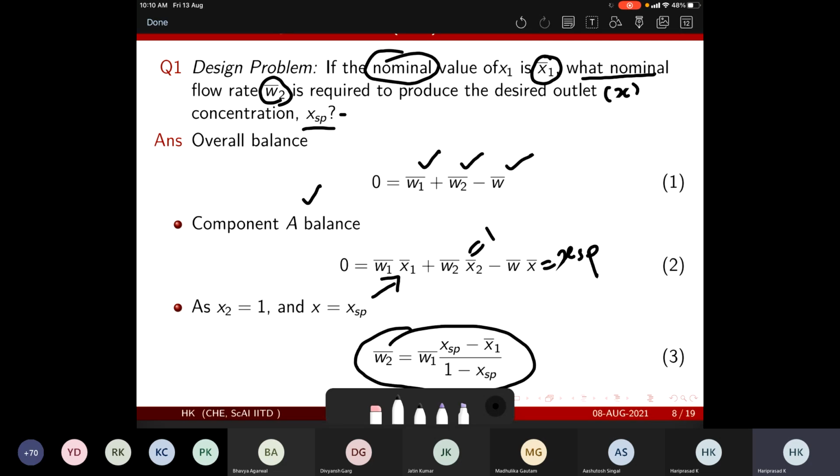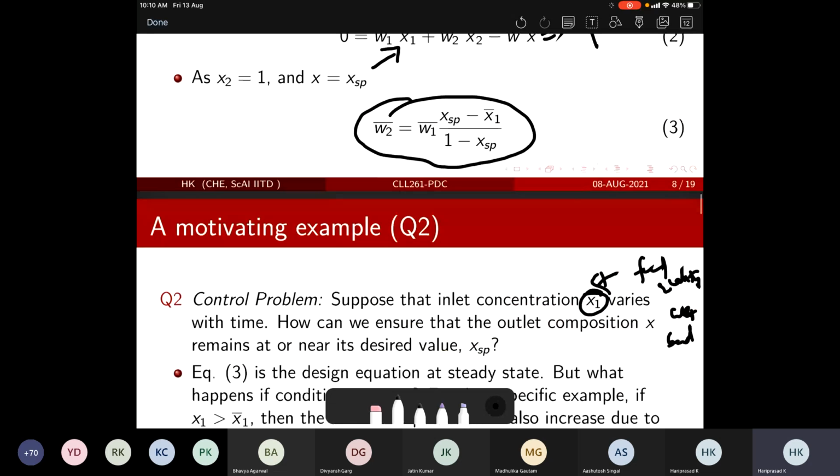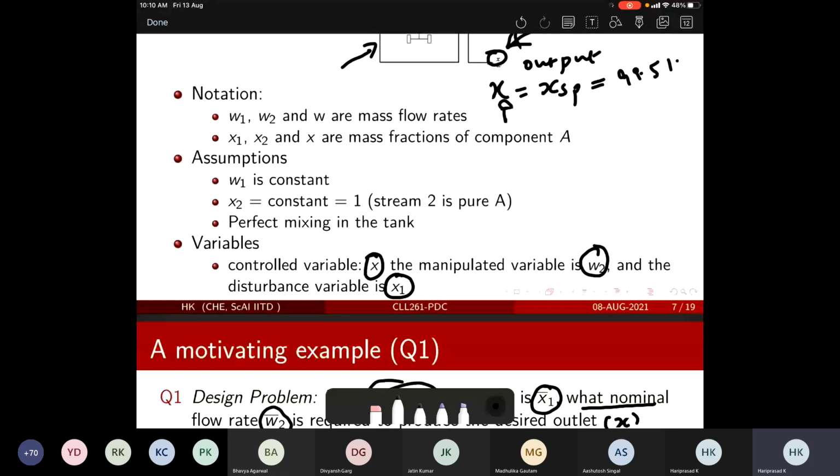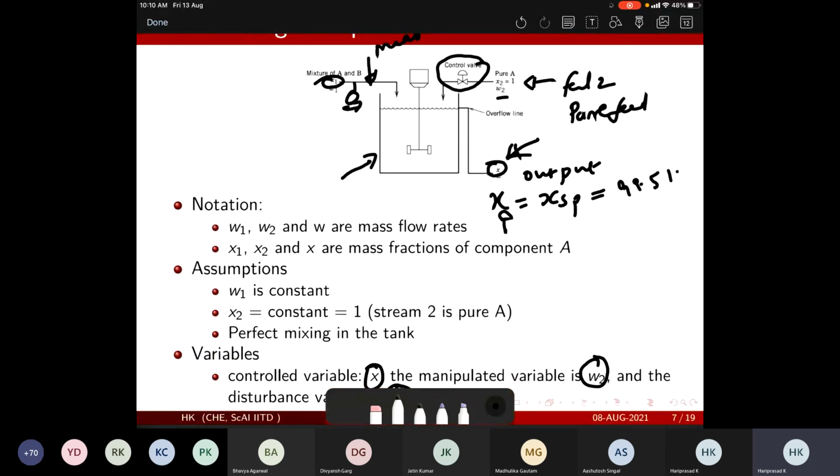Okay, so what I am trying to say here is that the design problem is mostly assuming things are under steady state condition. If things are not under steady state or nominal, I would like to use nominal and steady state interchangeably, but mostly nominal. Okay, but if there is an uncertainty, in this particular operation, you are assuming that under nominal condition,